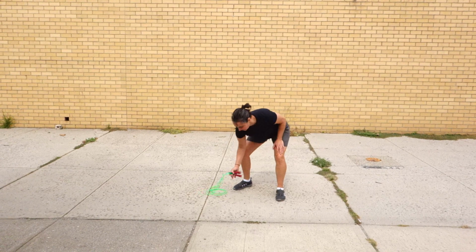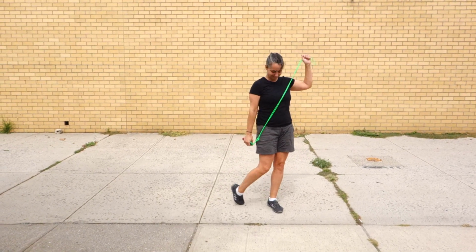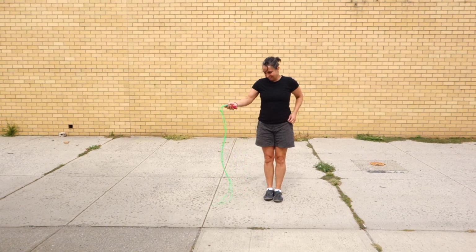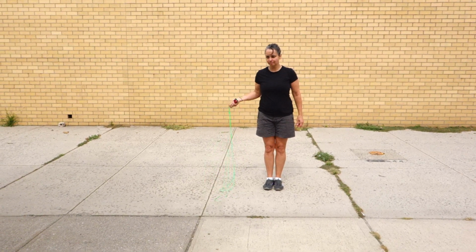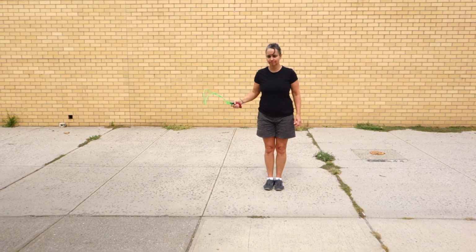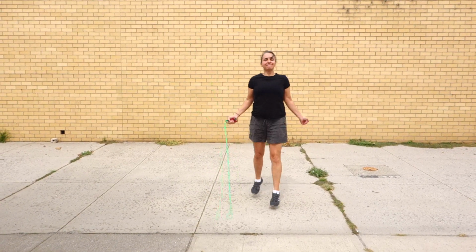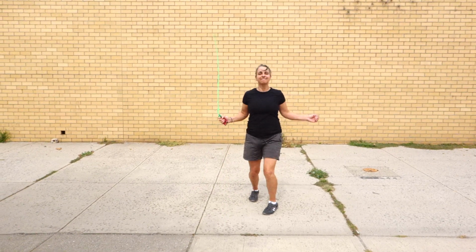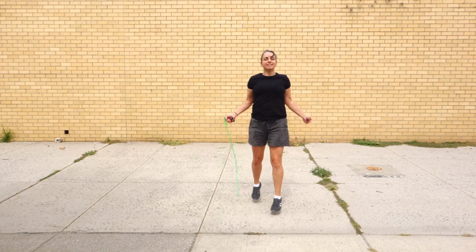Now Heather's got a Green Day punk rope. Hopefully it's going to show up enough for this video. And she's right-handed, so she's got it in her right hand. And step two is going to be swinging the rope to the side, so that's your windmill swing, while performing the stagger step. Now the stagger step is the precursor to the scissors, so it's not super complicated coordination-wise, but